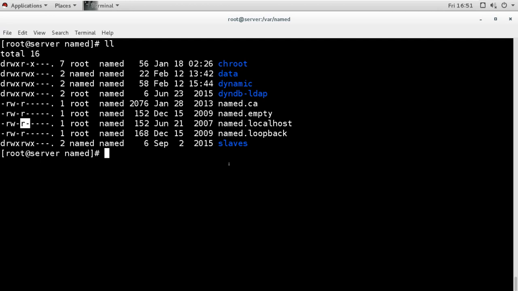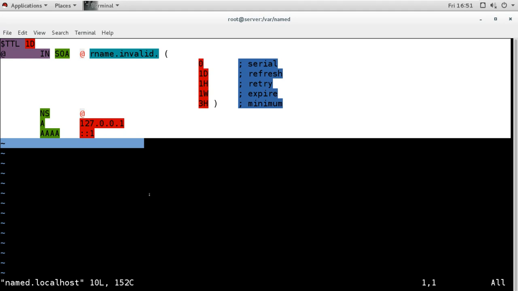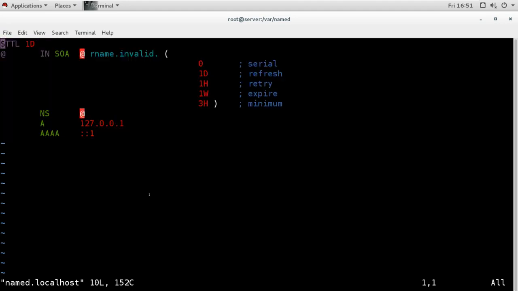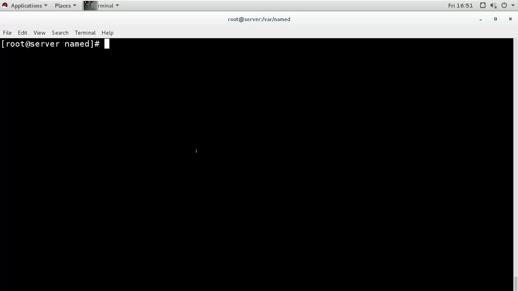Same configuration means I will show you the file there. This is our forward zone default file, and just like this configuration, we want our configuration also, and we will add our records also. So I want the same permission and same configuration format. So I will just copy the files. I will copy with the -p option to copy with the same permission.